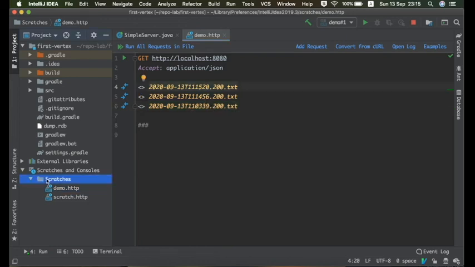Another thing, if you have noticed, this scratches contains some different paths apart from your project, some library preferences and the IntelliJ folder here. It's a kind of temporary folder where you can store it, but if you like, you can create this kind of files in your source directory or in your project, and maybe you can add them to Git, so other developers can also find them easily and reuse them. I must say it is a lot more convenient and easier to test your APIs from here while you are developing it.